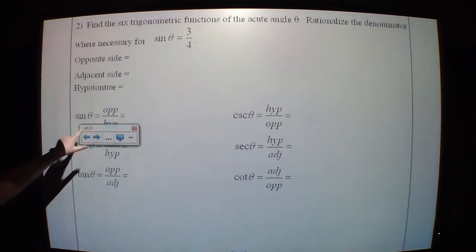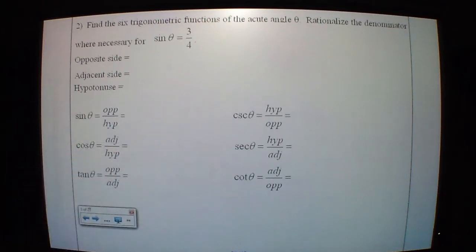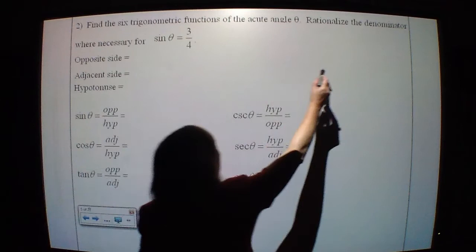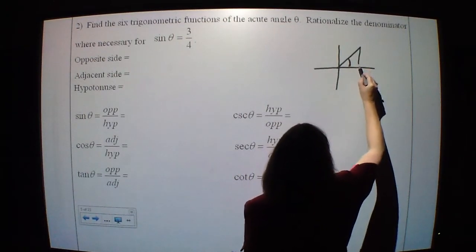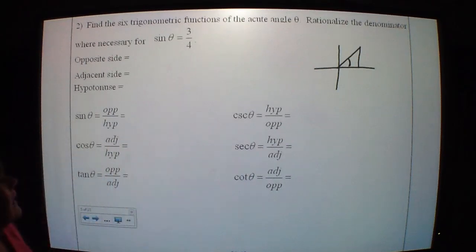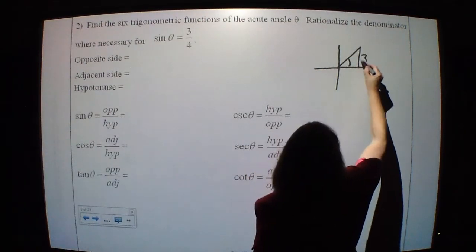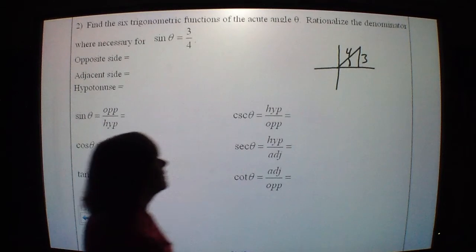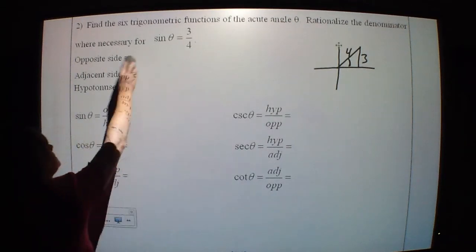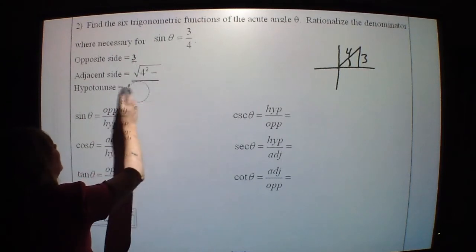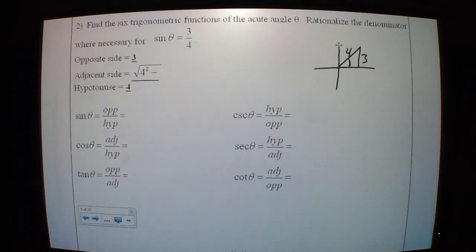Find the 6 trigonometric functions of an acute angle, theta. So the angle is less than 90 degrees. Rationalize the denominator where necessary. So if it's an acute angle, that means I'm in this first quadrant here. There's my angle, okay? Sine is opposite over hypotenuse, okay? So my opposite side of 3 and my hypotenuse of 4, and then the adjacent side